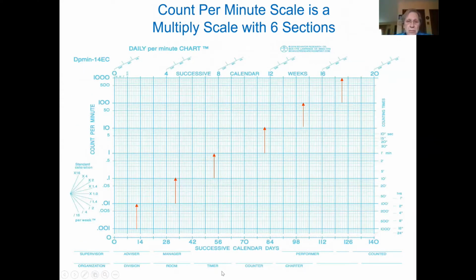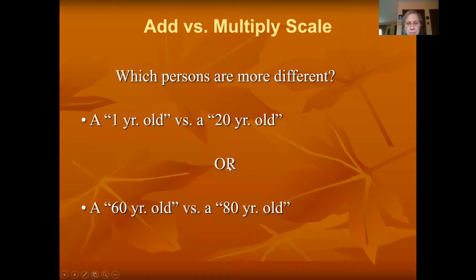The chart has 6 sections that are represented here by the arrows. And you'll notice that as you go from the bottom to the top of each section, the lines tend to squeeze up, and that's because it's a multiply scale. So one of the differences between an add and a multiply scale, a way to conceptualize that difference